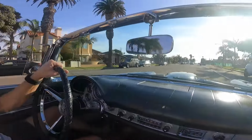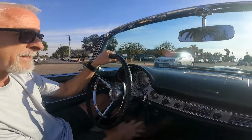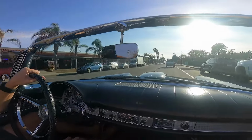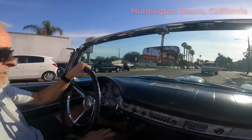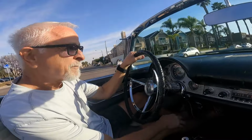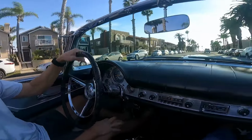You drive it with the top down. It's got a convertible top that folds behind the back seat, but I never use it. If the top's got to be up, it's not going out. And we're just taking it for a drive here. The car looks great. Get a lot of comments on it, but it's not